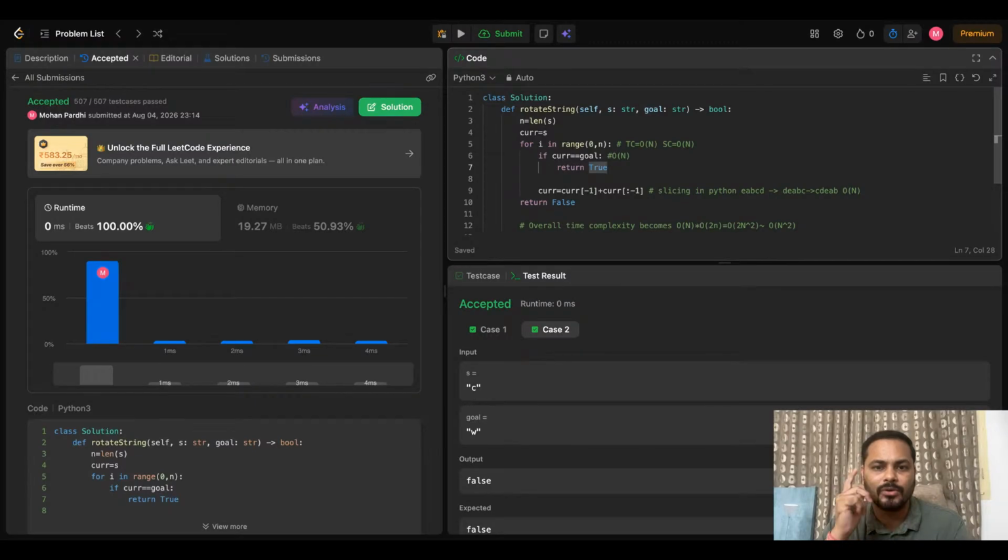So for doing it in order of n, we just have to keep, maybe we can iterate within the for loop only. That can be done. Any suggestions how we can do it in order of n? Can you show the question once? Wait,